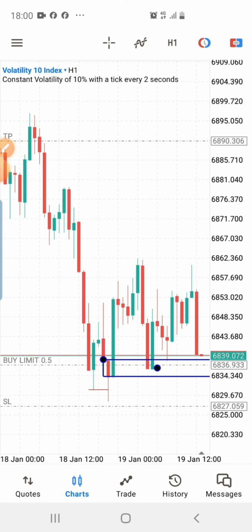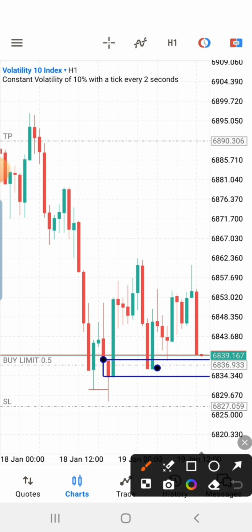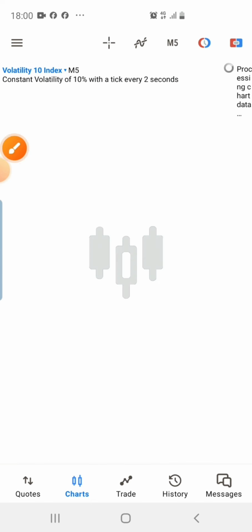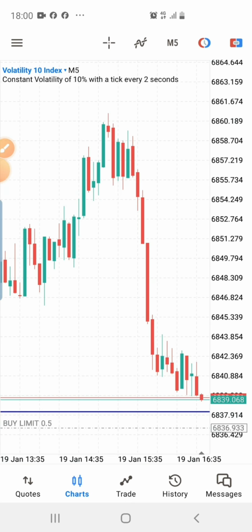my buy stop, but if I see some movement towards the upside, I can still buy without waiting for my price to trigger, because the price has already given me the first entry, which is supposed to be here, but I was not around to make the entry, so I can still make this one, which is the second opportunity right here. So all I need to do maybe is just to go down to a lower time frame, like 5 minutes time frame or 15 minutes time frame, to look for just a good bullish candlestick right there, okay,